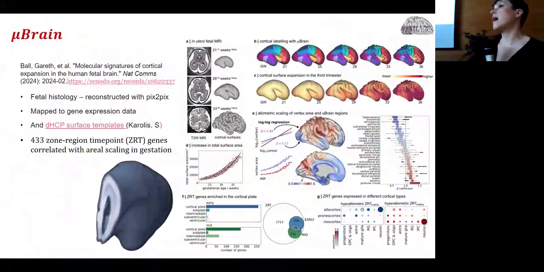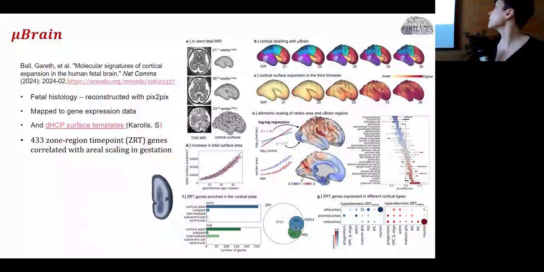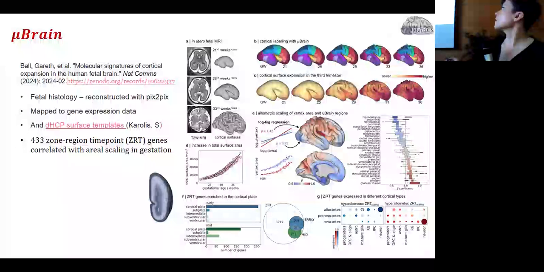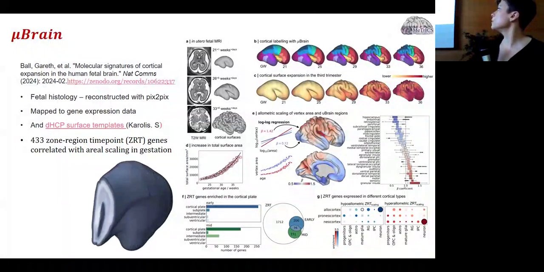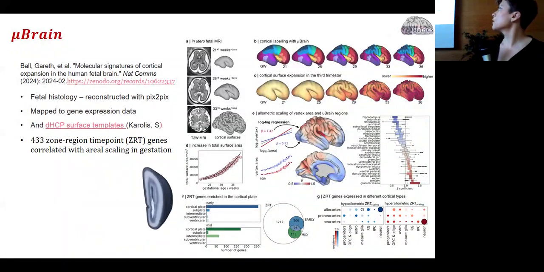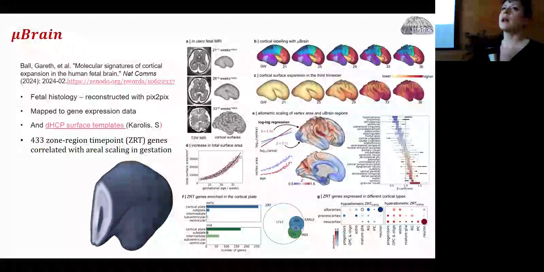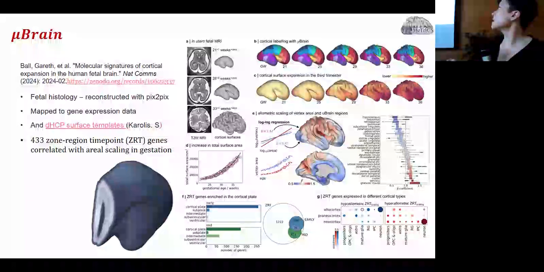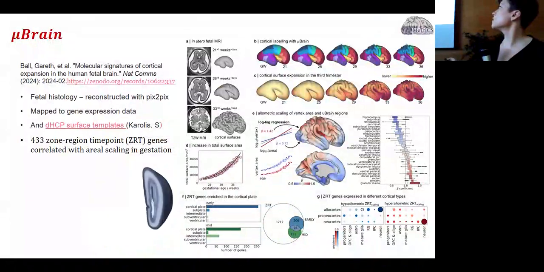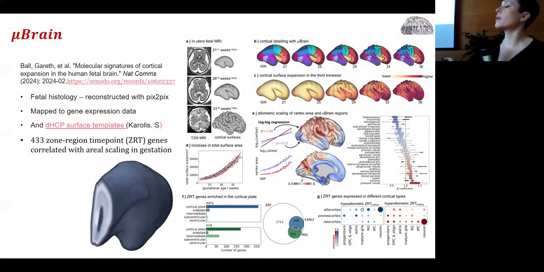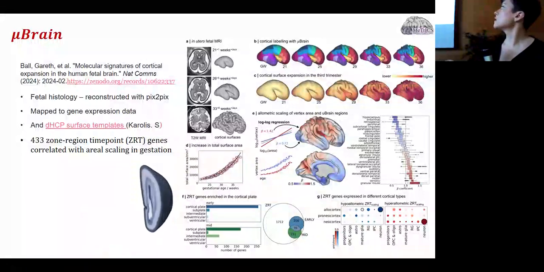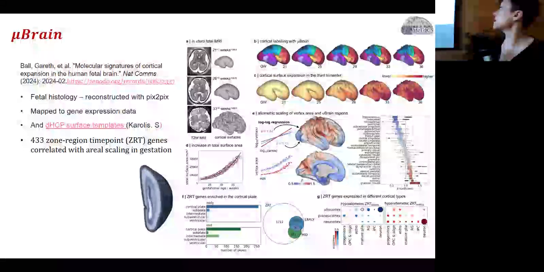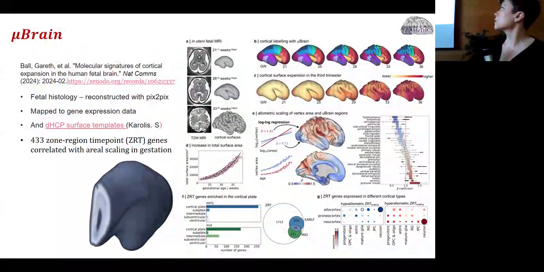It's possible to also compare these patterns of growth and cortical expansion to gene expression atlases. This was a recent paper by Gareth Ball, in which he created his new brain atlas, where he took the fetal histology from the Allen Brain Atlas, repaired any of the data that was damaged during collection using a pix-to-pix generative model, used slice-to-volume reconstruction to put these histological slices into a 3D volume, fit a cortical surface to